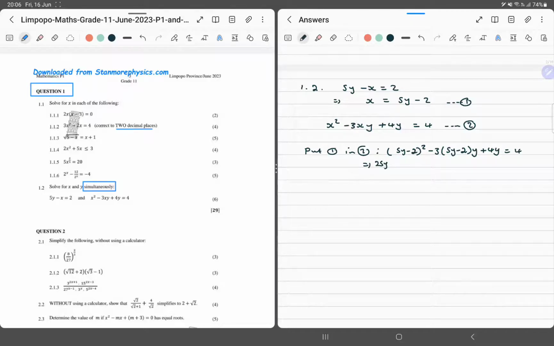And then we FOIL things. So this is 25y squared. This is going to be minus 10. Minus 10, so it's going to be minus 20y. And then plus 4, okay? This is 5y squared minus 2y. So this is going to give us minus 15y squared plus 6y. Okay, I'm moving a bit quicker, guys. So plus 4y